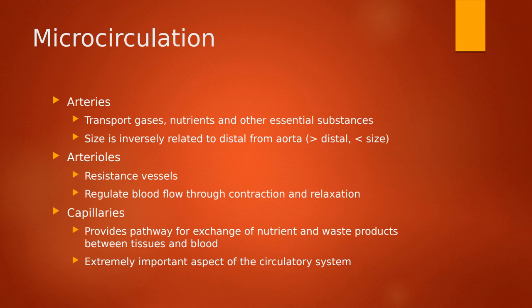So the capillary beds can't accommodate the very high pressure from the arteries and from that cardiac contraction. So the arterioles serve as like a rumble strip. If you've ever seen people speeding or traveling really fast in a car and then they hit a rumble strip, it slows them down significantly. So the arterioles are going to say, whoa, we need to slow all of this blood pressure down significantly